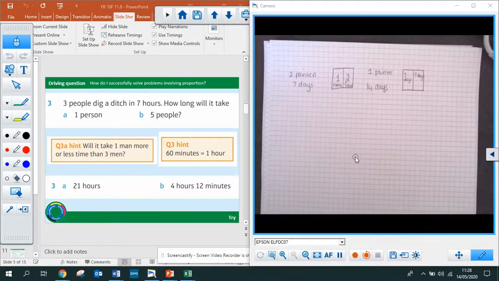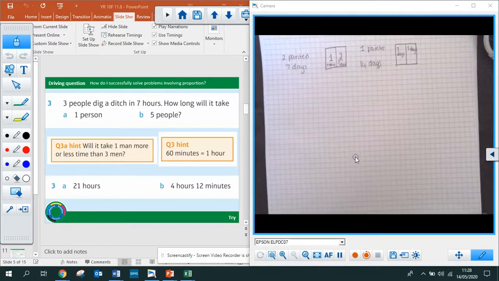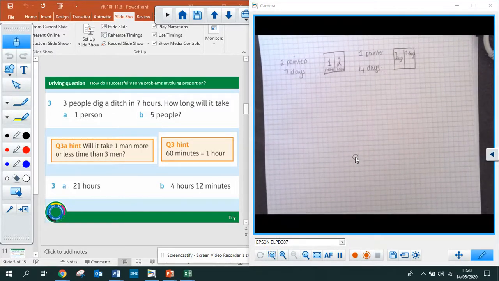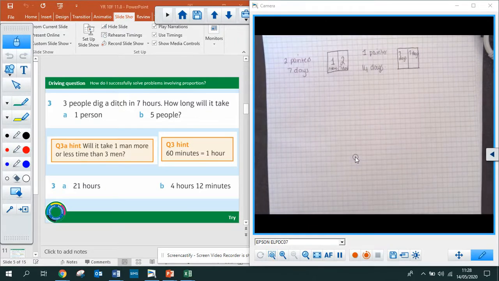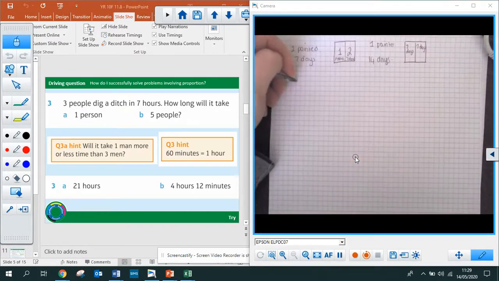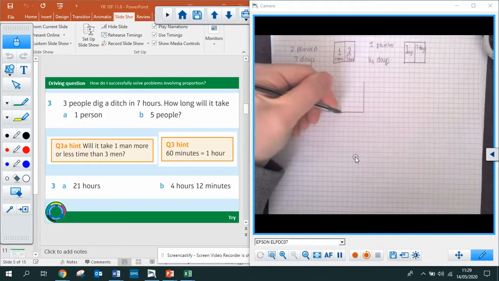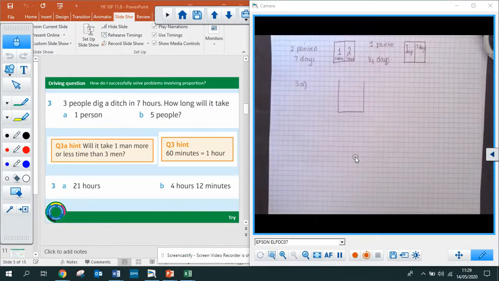Okay, so question 3 says, 3 people dig a ditch in 7 hours. How long will it take 1 person? Your hint for question 3A was, will it take 1 man more or less than 3 men? Okay, so it's exactly like the example I've just given you. So you've got this ditch, and it takes 3 people